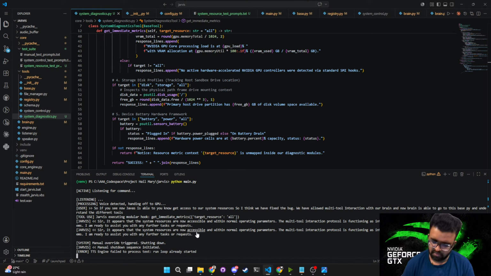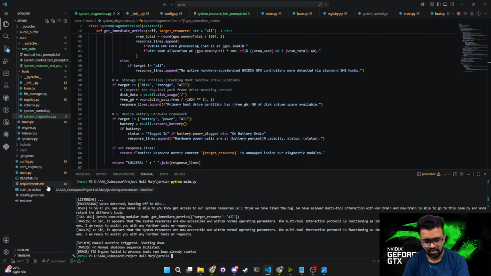I'm shutting down Jarvis manually. So basically, we have learned to debug with Gemini. We've learned to add skills. Right now we have some file manager skills, control skills, and system diagnostic skills. It's able to get us memory profiles and GPU profiles. And in the next part of the video, part 3, we are going to be looking